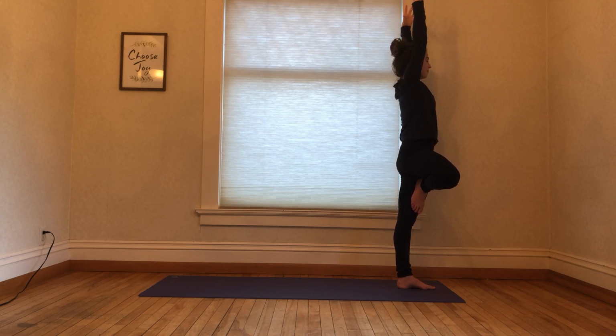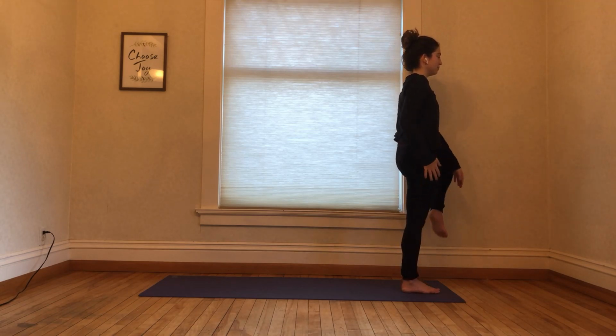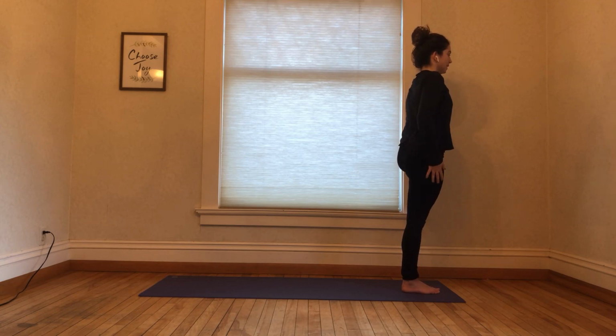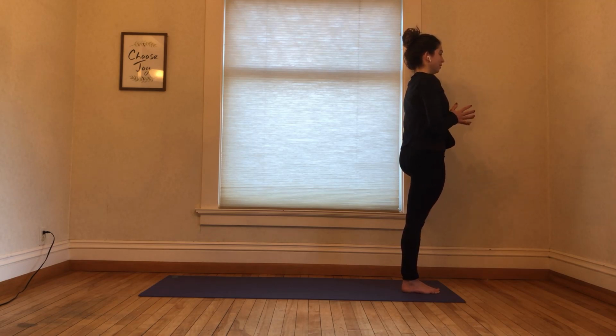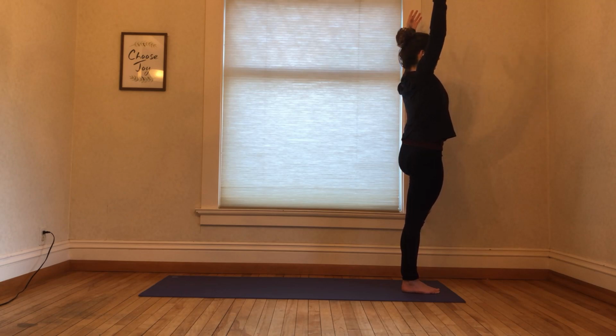And releasing down. Other side right away, tree pose. Beginning to work into those intrinsic foot muscles to help us with standing leg stability and balance. One side might be wobblier than the other. That is normal. One more breath